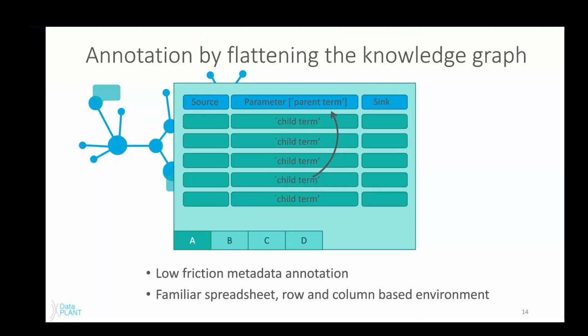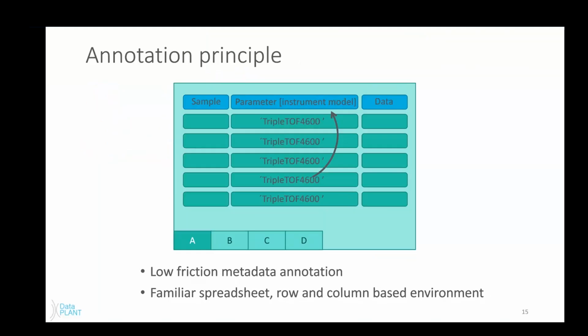So for the example here, we have our source, and then you can select the series of parameters. These are what we consider our parent terms, and then our tool provides a list of child terms that are connected to this parent term. And this way you can avoid things like typos or having to search for the exact wording of things. It's already there for the researcher to then plug in and go. And then finally you have your sink, so the data or the data file that comes out of this. So here's an example. If I'm running a mass spec experiment, I have my instrument model as a parameter.